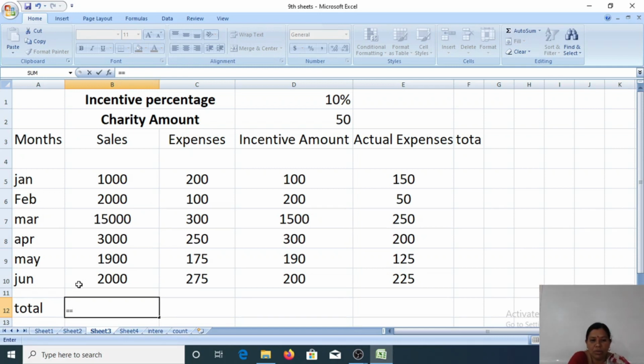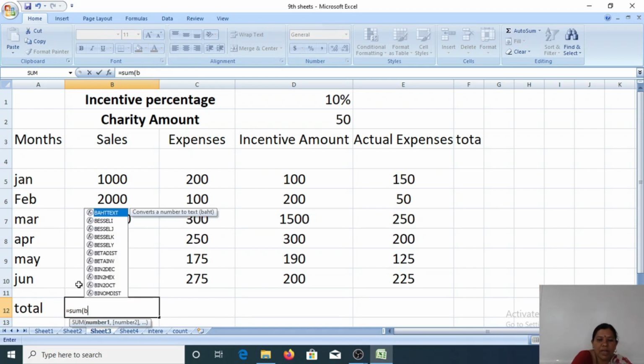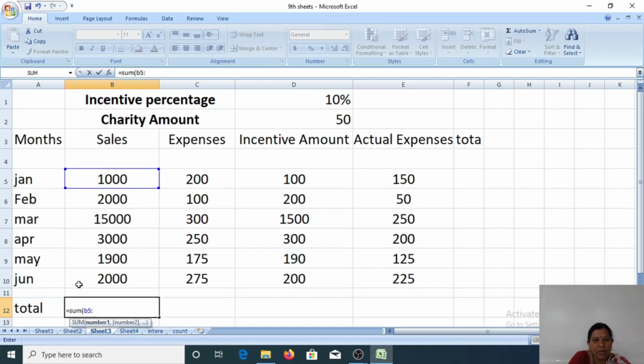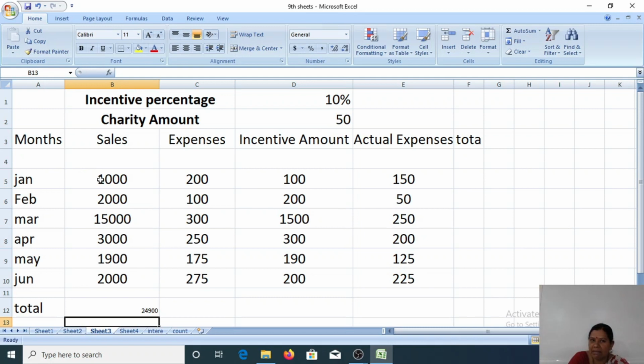So equals sum, open bracket, B5 colon B10. Already I told you it will create a relationship between one cell and other cells. Now you can see the relation is created. Close the bracket, press Enter. You will get 24,900 without doing anything else. This is one example of using a basic formula.